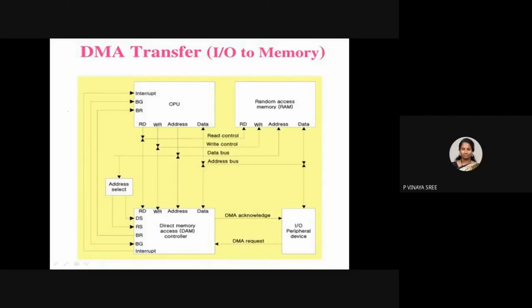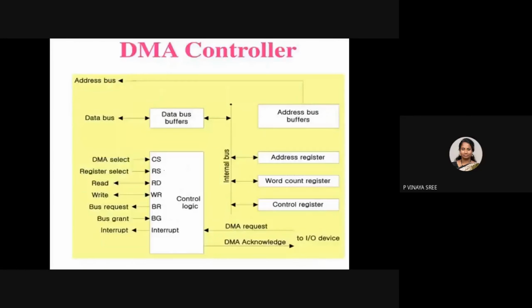So this is a continuation of the previous class, DMA. In the previous class we discussed the DMA controller. Whenever the CPU releases a bus grant, before that it fills the DMA: it selects the DMA select and register select. So it selects all the registers and fills in whatever data is needed for the DMA to complete. Then it specifies whether it has to perform read or write, and then the processor will do its own work.